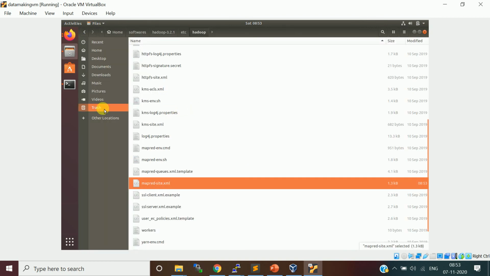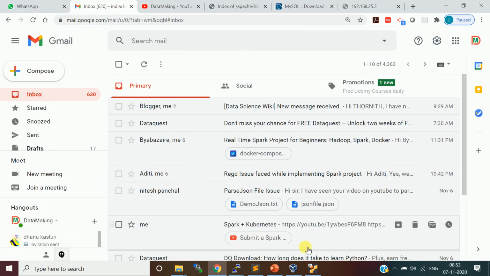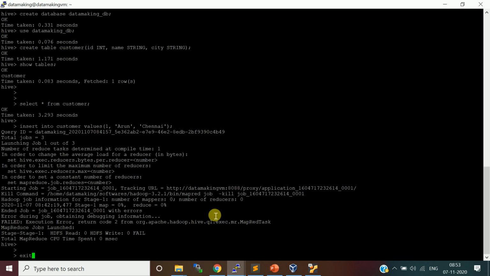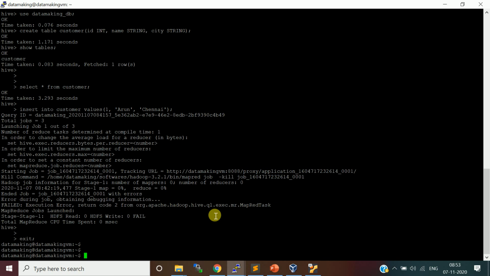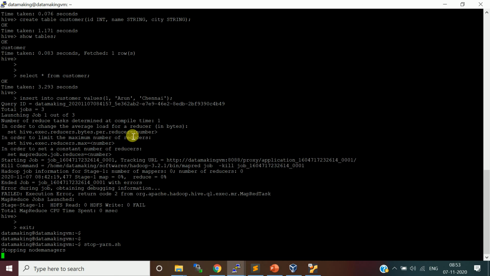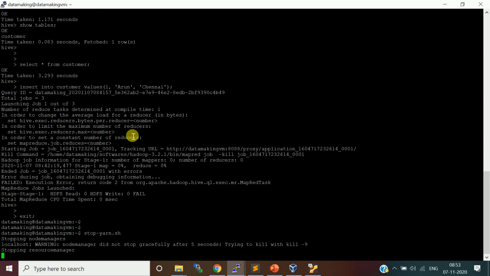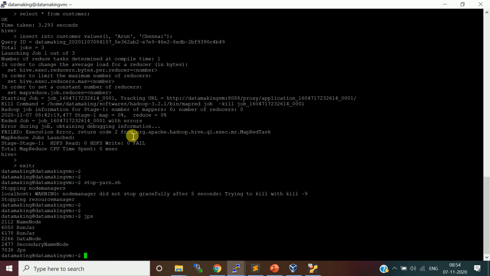Now we need to restart the YARN service to reflect the changes. Okay, so I'll just save it and come out of this. I'll just stop yarn and we'll restart it. Okay, so we run JPS and NameNode, DataNode, SecondaryNameNode are running.